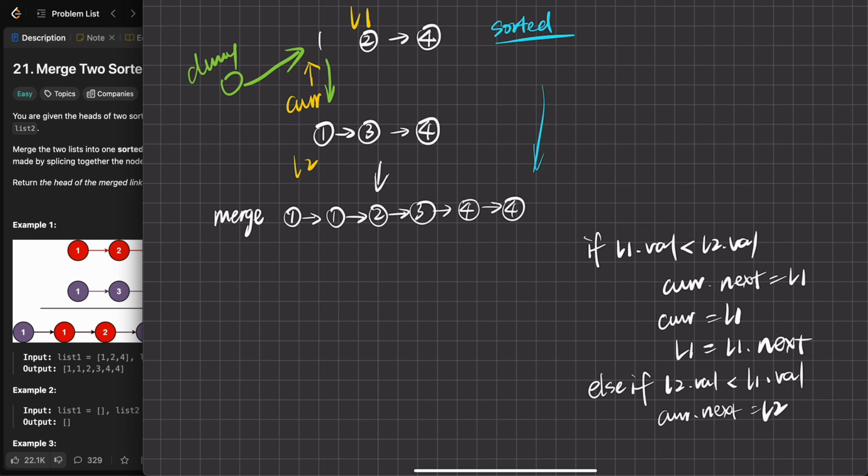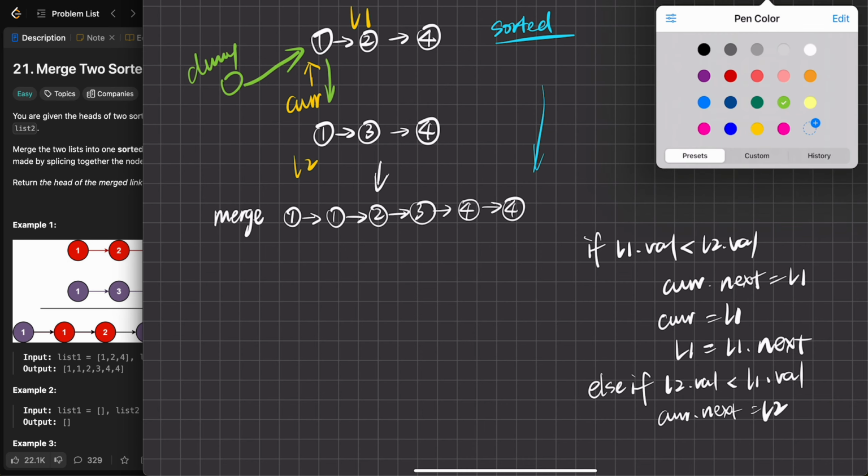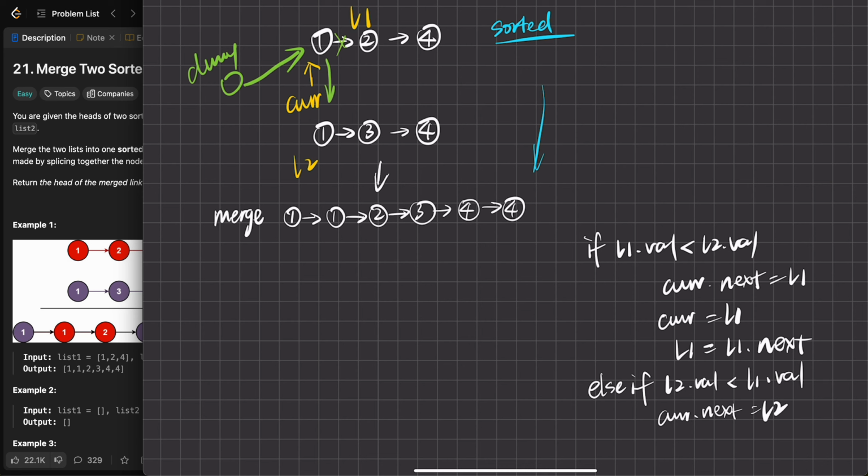It means that this is already disconnected now. After we connect current to L2, we can also move the current pointer to L2,